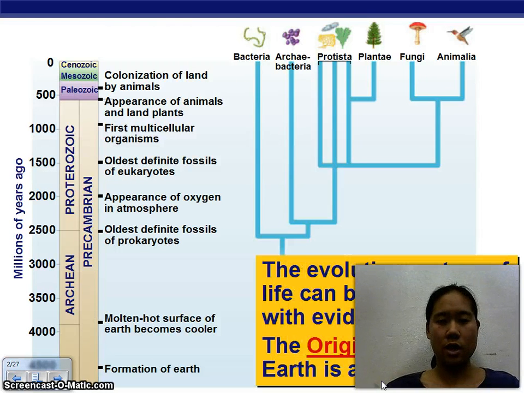When we're looking at the evolution of life, we look at a lot of things. We would look at things such as a cladogram, which we worked on last week. And we see that we are most related to fungi, actually, but that there are other things in life, such as bacteria, archaeobacteria, protists, and plants. We can also look at the timeline of all of life, starting with the formation of Earth to when plants and animals first showed up. So that has to do with evidence, but now let's look at some other parts of how life started.